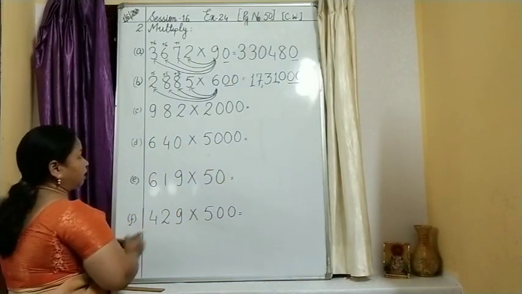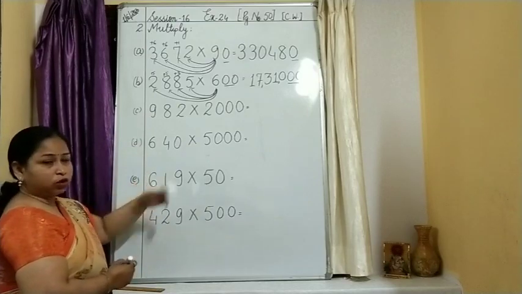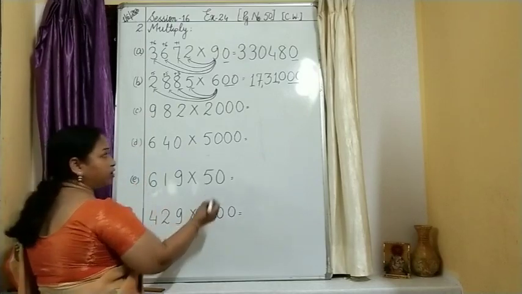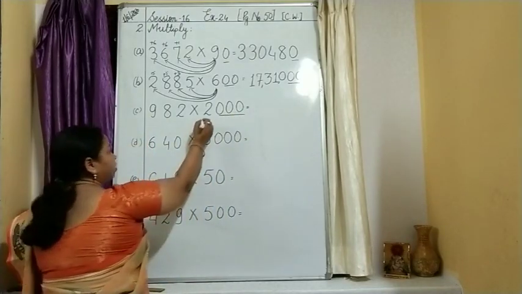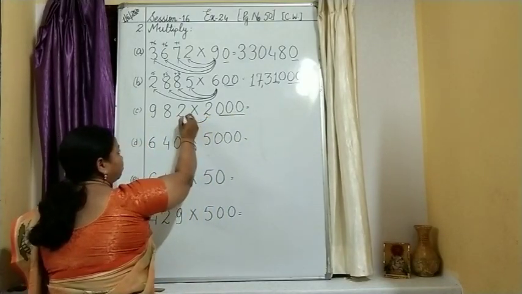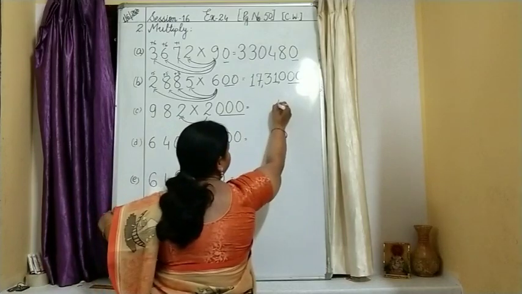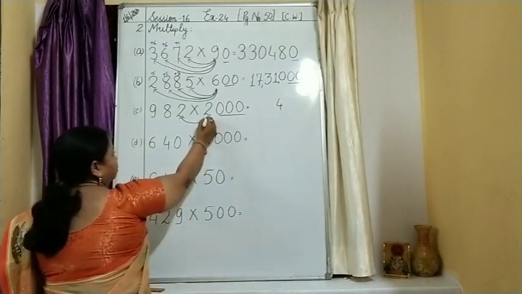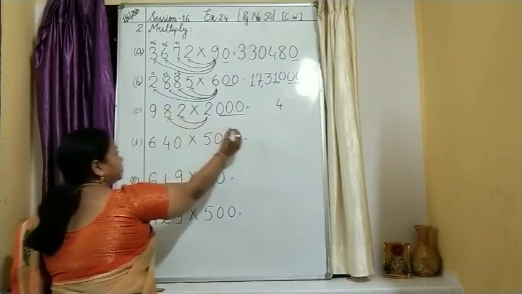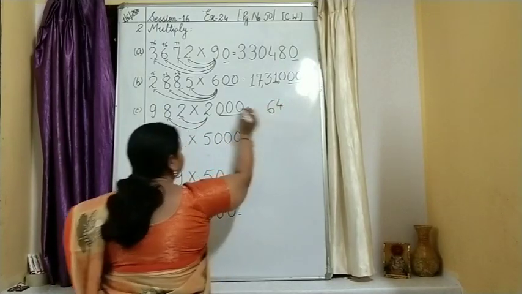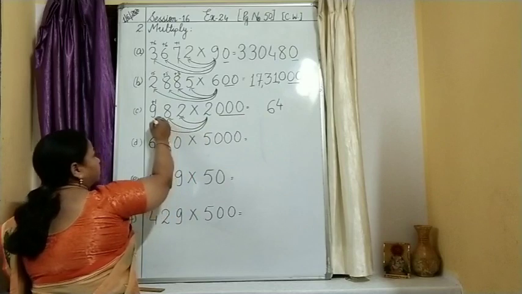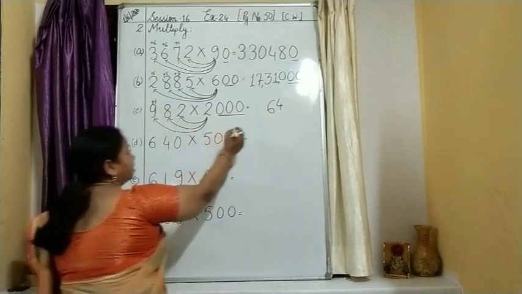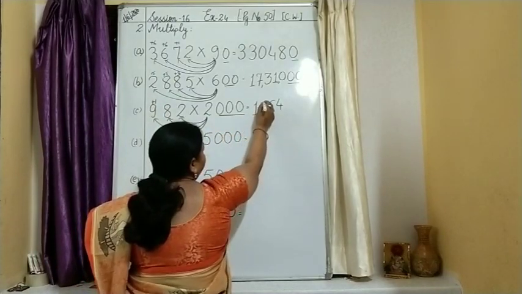Now all these I am going to show how to do. What we will do? First leave this 30, ignore it for the time being, start multiplying. 2 2s are 4. So we will write over here 4. 2 8s are 16. I will write 6 over here and carry it further 1. 2 9s are 18 plus 1, 19. So I will get over here 19.